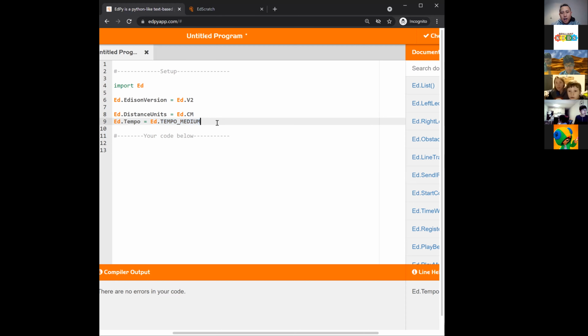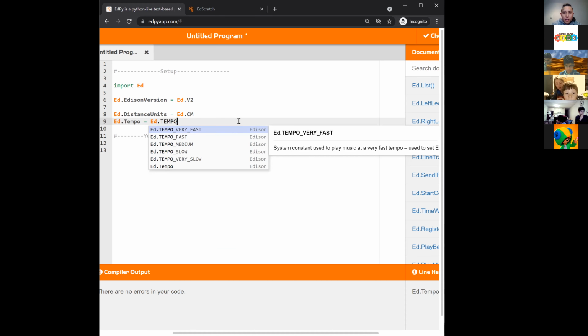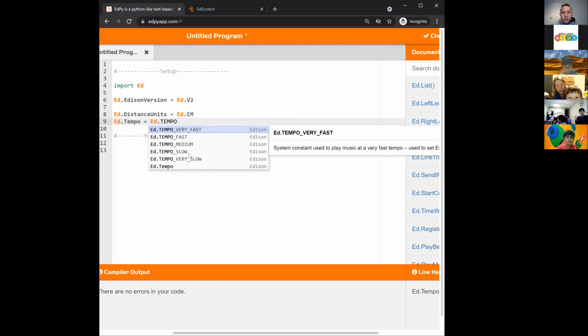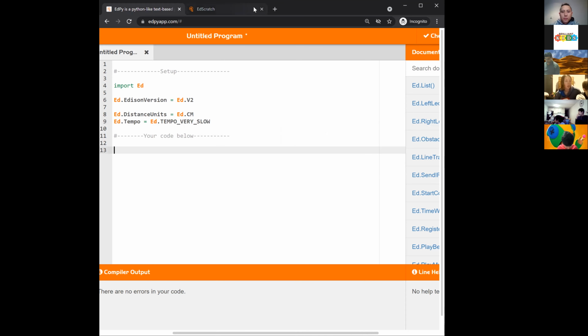But now in EdPy, we can set the tempo to slow, medium, fast. If we want to set it to very slow, in Scratch we just select this toggle here, but in EdPy we do it like this. That's pretty much the gist of what we're going to do.